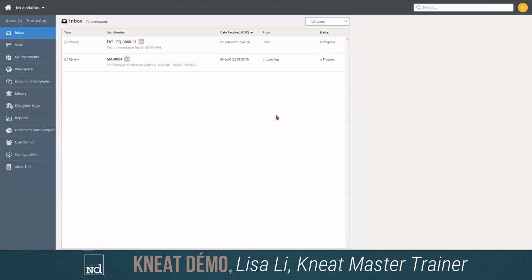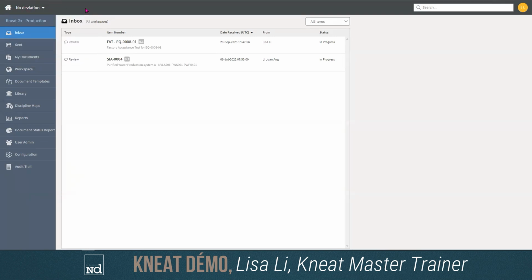When we connect, here is the interface we arrive at. Speaking of features, one of the first features Kneat can offer is the ability to create what we call workspaces, hence different work areas. This is a feature that allows you to segregate your activities, generally either by site or by type of activity. So today we're going to stay in the No Deviation workspace where we will be doing